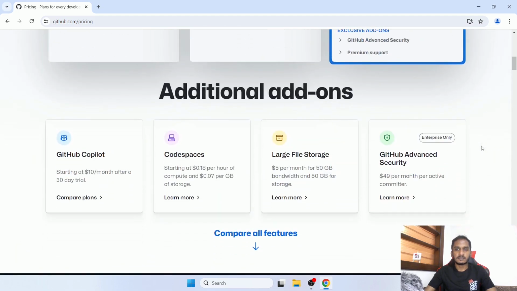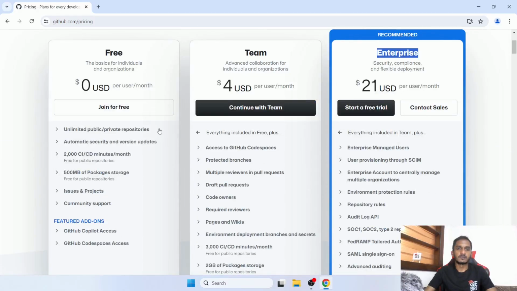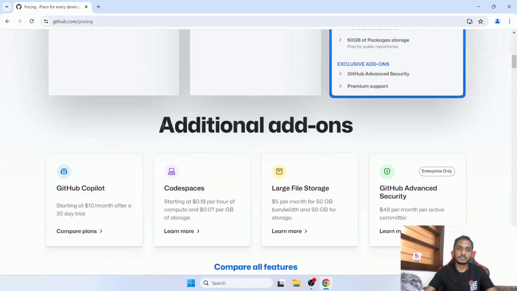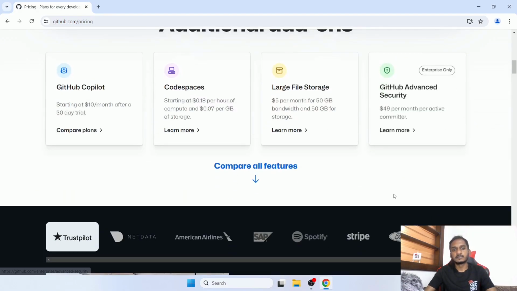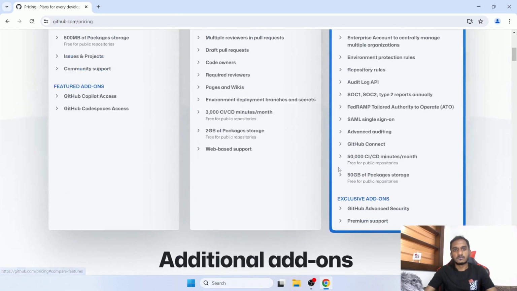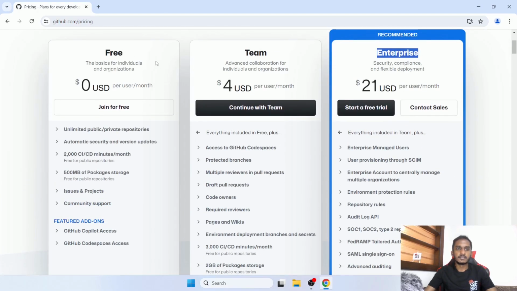Other than that, you can buy additional add-ons. For example, you can go with the free account, and based on your need, later you can buy these additional add-ons. If you check the free account, this is what most of us are currently using for individual purposes, and for organizations also you can go with this free account. Here we can see there are mainly 3 types of accounts: